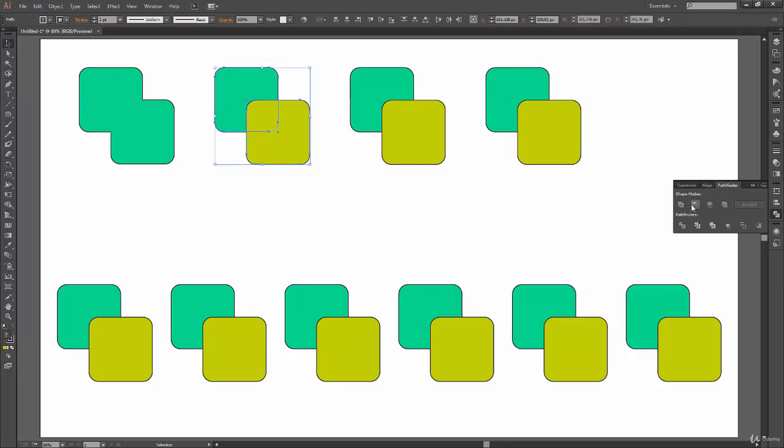So let's see what minus front does now. Click on this, and yeah, like the name says, minus front. The front object will be used to subtract the part of the shape which was overlapping from the back one. So if I have a shape in front of any shape in the back, this was the part which was common between these two shapes, and actually this was the part which was overlapping. So this part got removed, and our front shape is also removed. Also, I think I should have a background color so that we know the difference between which thing is gone and which is not.